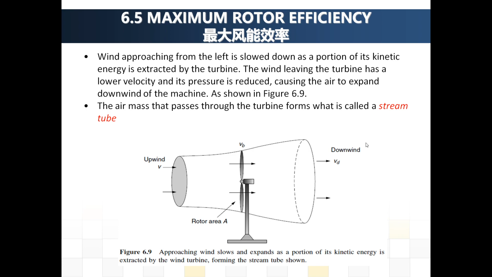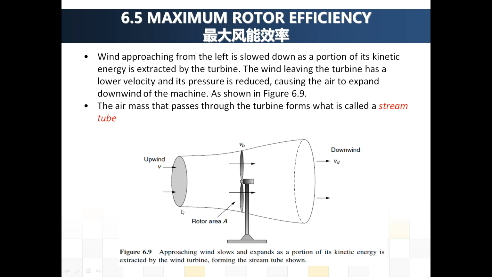Section 6.5, maximum rotor efficiency. When wind approaching from the left is slowed down as a portion of its kinetic energy is extracted by the turbine, the wind leaving the turbine has a lower velocity and its pressure is reduced, causing the air to expand downwind of the machine. So as we can see from figure 6.9, upwind of the machine, the pressure